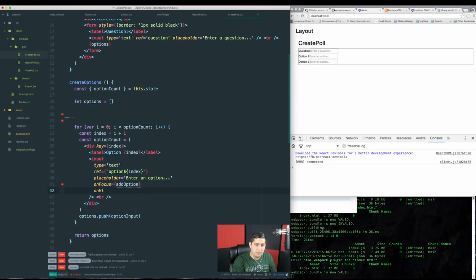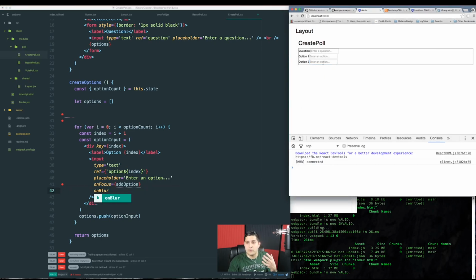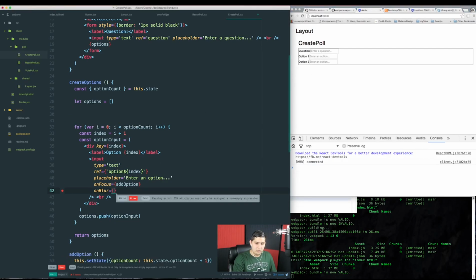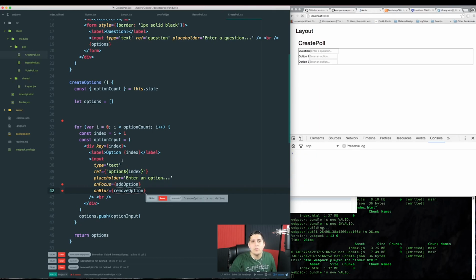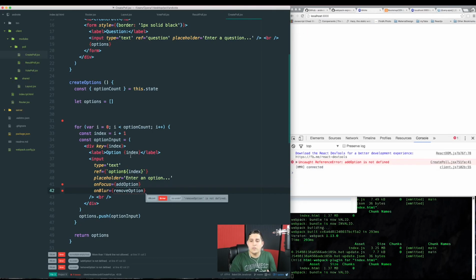And onBlur. So onFocus is whenever you go inside or focus a certain element. In this case, it's the input. onBlur is whenever you go outside, when you unfocus. So unfocus is another way of thinking of it, or going outside of this input in our case. So onBlur would just be equal to remove option. There we go. You might be wondering, why don't we just put it directly on there? Well, we want to specify,